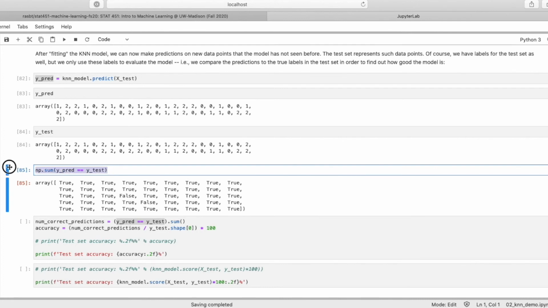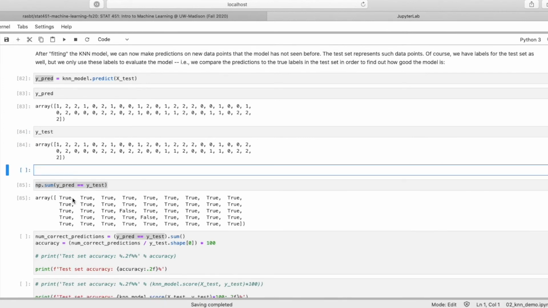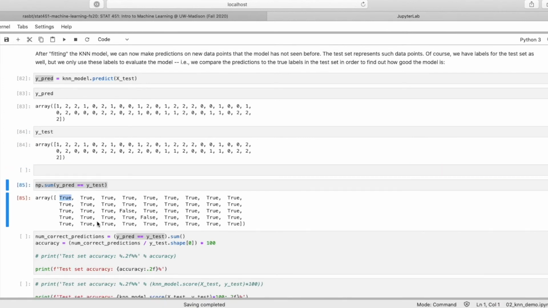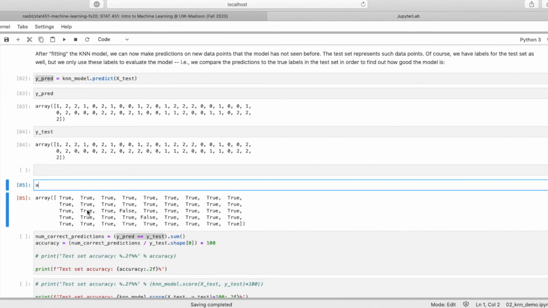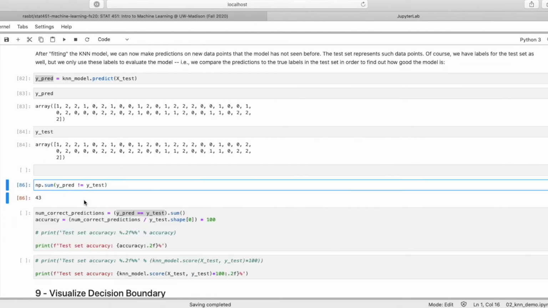And in Python, I should say, true evaluates to 1 and false evaluates to 0. So here the sum will compute the number of true values basically. So it will give us a count of how many are correct. So 43 are correct and 2 are incorrect.